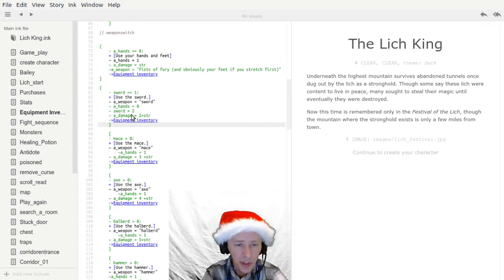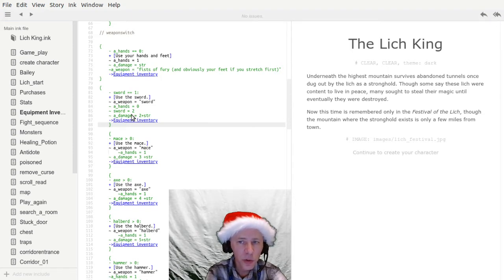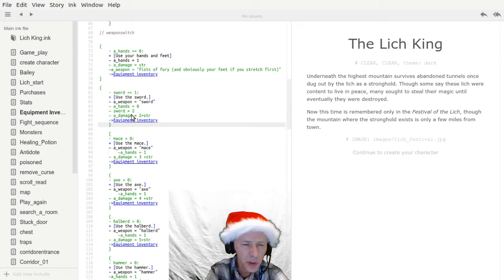So now I have to think about this, because if sword is equal to 2, and then I change over to mace, sword is still going to be equal to 2, but I can't say, actually what I could do, no, I couldn't do that either. Okay, so what I was thinking of is I could say, if you change to mace, then sword is equal to sword minus 1, but then if sword is 0, then your variable is going to go to minus 1, and that doesn't work. Oh, actually, you know what, that might work, because even if your sword goes to minus 1,